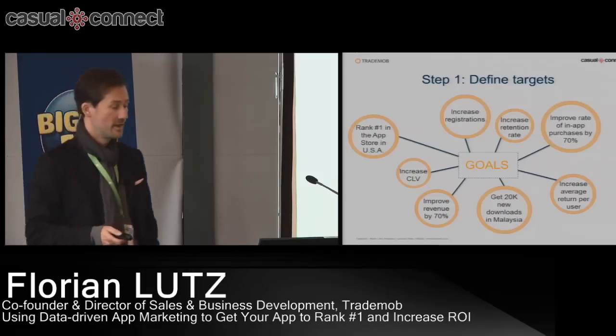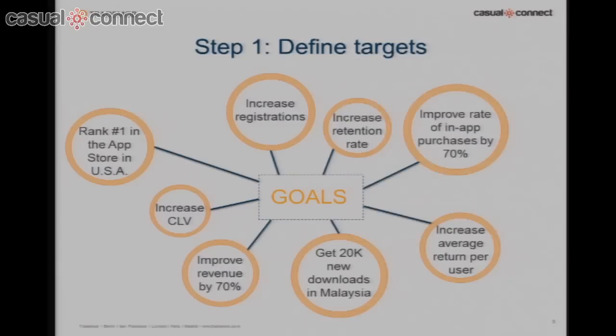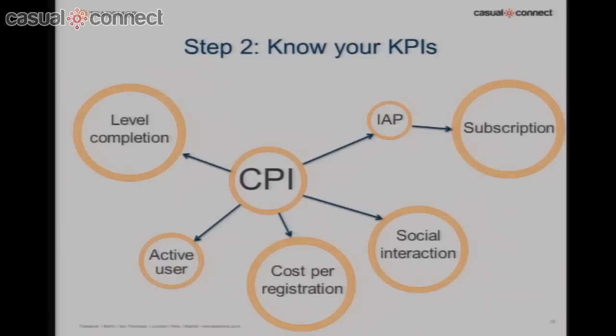And because I think I don't have as much time as I wanted to have, let's run through that quickly, because I think you guys know your targets better than I do. But obviously think more in terms of increasing the number of active users that you have, rather than just thinking I want to drive 10,000, 20,000, 100,000 downloads. A download is nothing. It's not even an activation. The downloads that are reported in your iTunes Connect reports just count the click on the download button, not the actual activation of the app. That's something to be aware of.